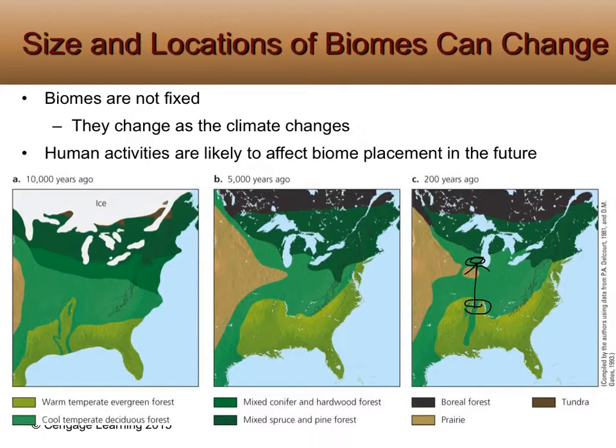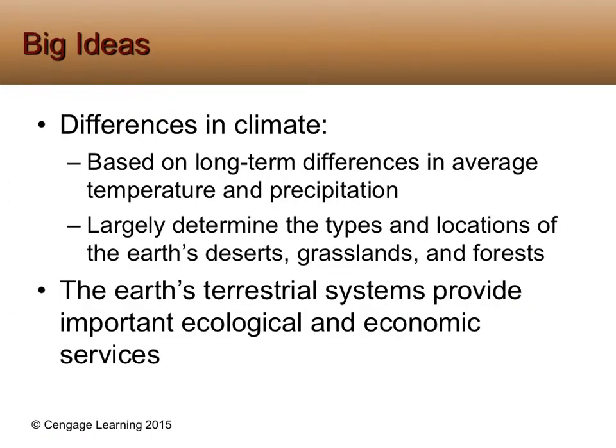So what happens, a lot of human activities are likely to affect biome placement in the future, this idea of climate change. What happens is everything is going to shift up, and what's going to happen is this grassland is actually going to come in closer to where we are right now. It's going to be much drier. Again, change of climate. Big ideas of all this: first of all, differences in climate based on long-term differences in daily